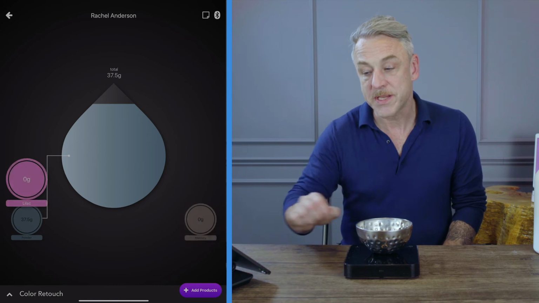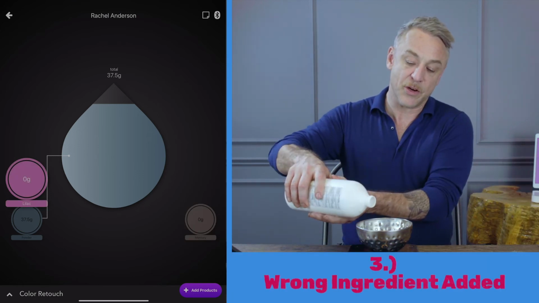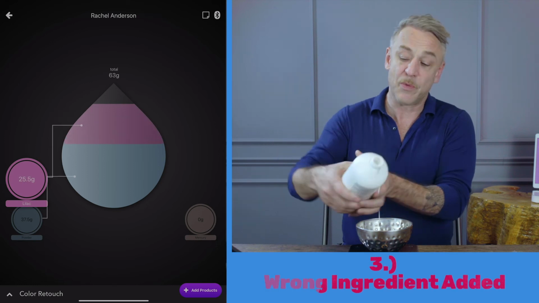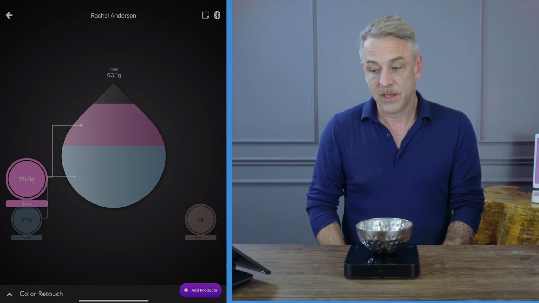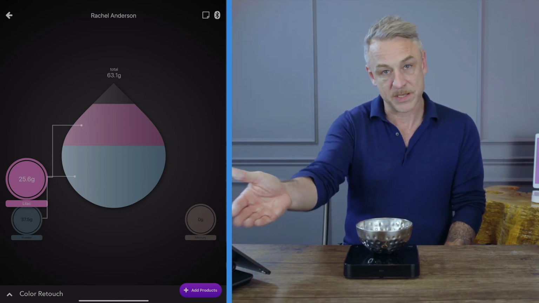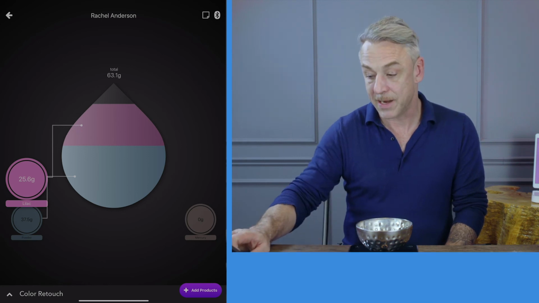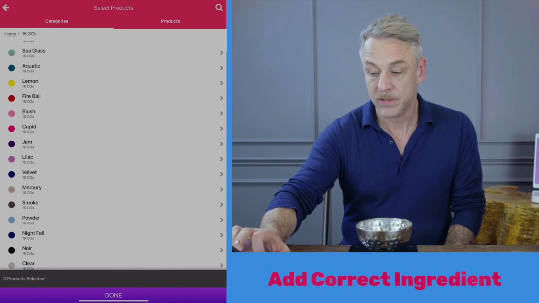The third common mistake people make when mixing with Vish is as they've mixed an ingredient, they realize that they've selected the wrong ingredient on the screen. In order to change this, now you've poured the right ingredient in, but the wrong one is selected. Simply press Add Products, select the correct ingredient that you want,